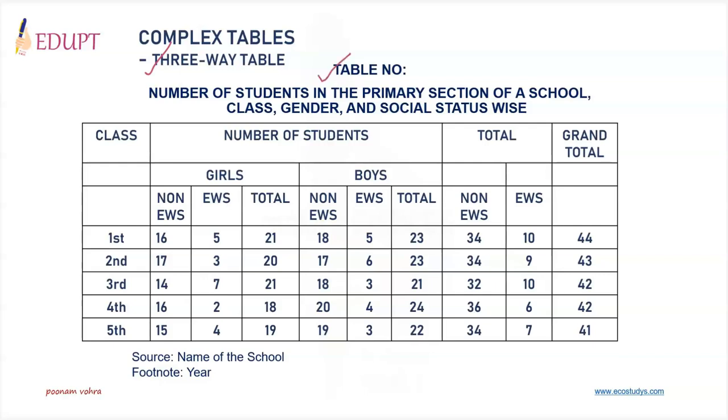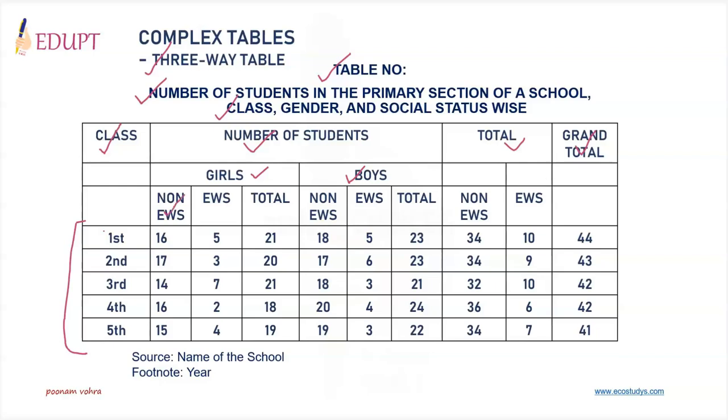Table number is there. Title of the table, number of students in the primary section of a school, head note, class, gender, and social status wise. So you have stub, caption as number of students, total, and then grand total. Now there are stub entries. These are the classes from class 1 till class 5. Number of students are further subdivided as sub-captions girls and boys, which are further subdivided as